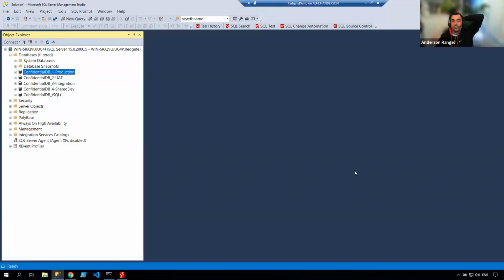When you install your tool belt on your development machine or on the machines of your developers, depending on the role that you have in your organization, what that allows is for a tool to be installed in your preferred IDE. If you prefer to use SSMS as your IDE or Visual Studio, it doesn't matter. I prefer SSMS, so I'll demonstrate on SSMS. So when you do that, you're going to have this